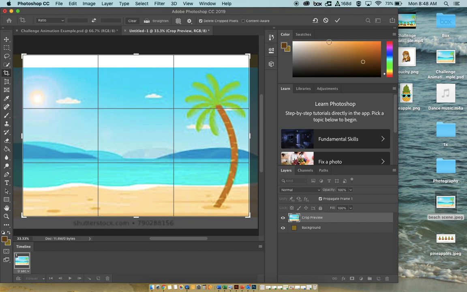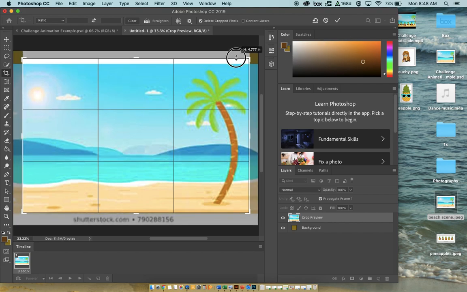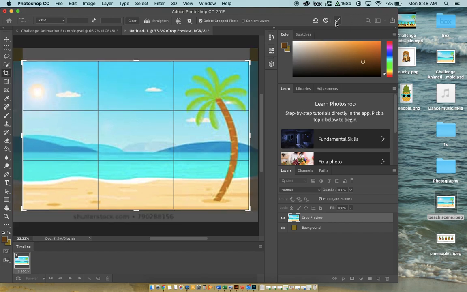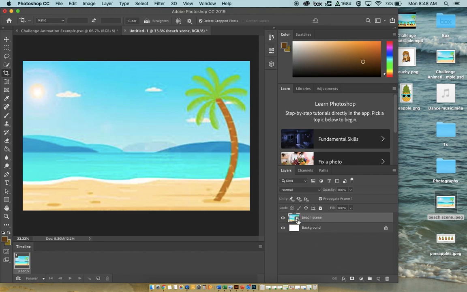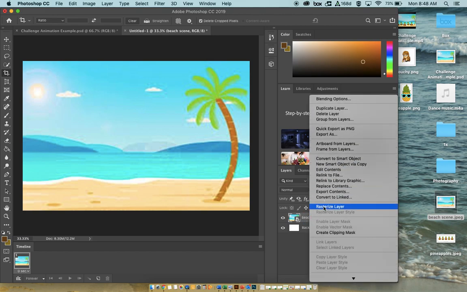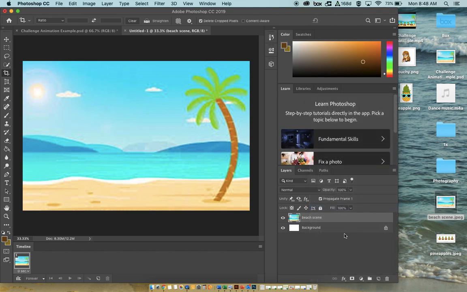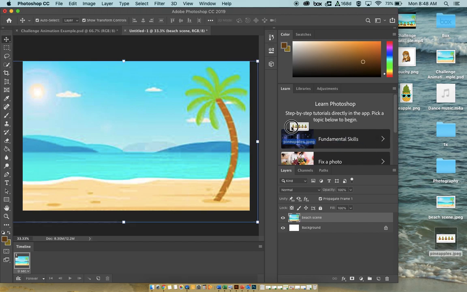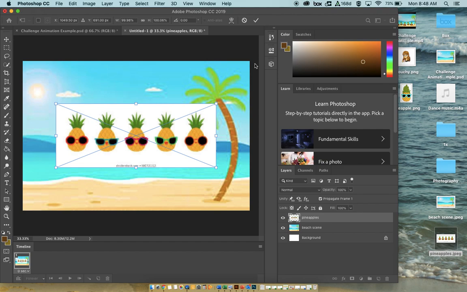So you might have to find better images with better resolution. Then I'm just going to go ahead and crop it to get rid of all that extra space outside of it. Remember, if you have this symbol here, you cannot modify this image until you tell the computer to rasterize it. So you do a right click on the name and then do rasterize layer. Now that's gone, I can actually manipulate these pixels. Then I found another image of what I wanted, brought that in, rasterized it,